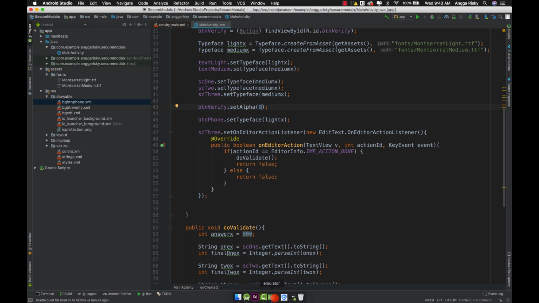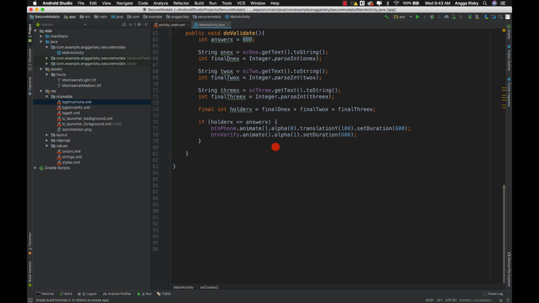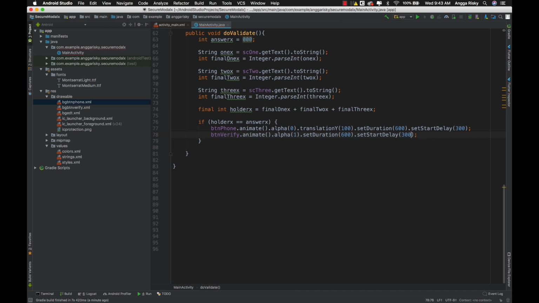After that we could make it an animation. Are we able to give start offset, set start delay? Maybe this is supposed to be 300, right? Are we able to set start delay 300?